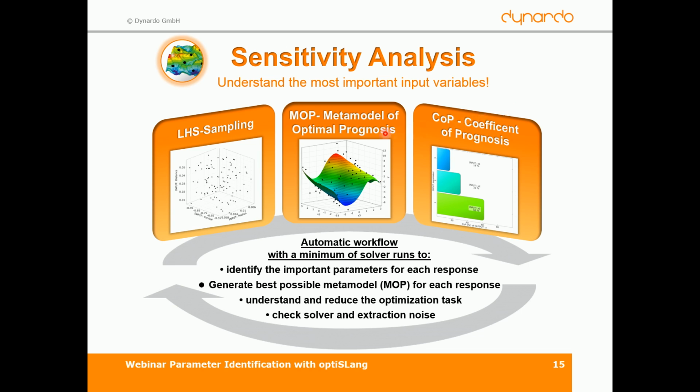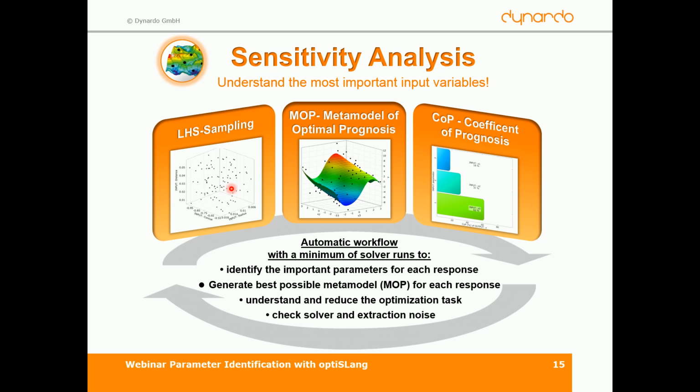So we defined the model with the input parameters P1 until Pm, and these are put into the algorithm design of experiments. That means we generate, with respect to your defined lower and upper bounds, variations of the input parameters, and put each design point, each dot, to the solver and get the results back from the